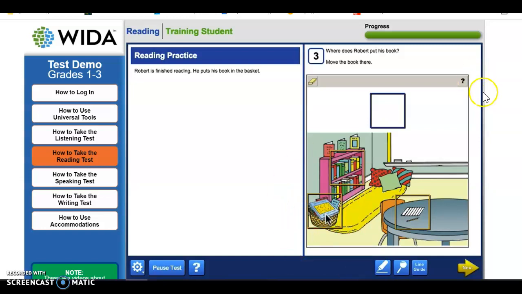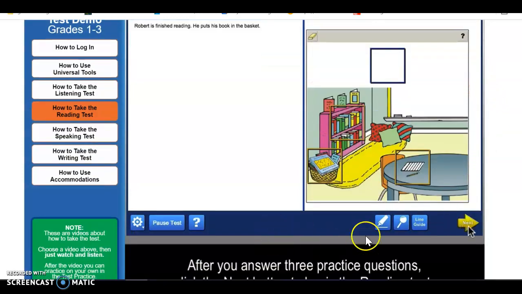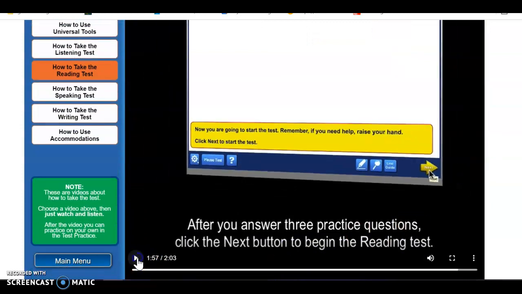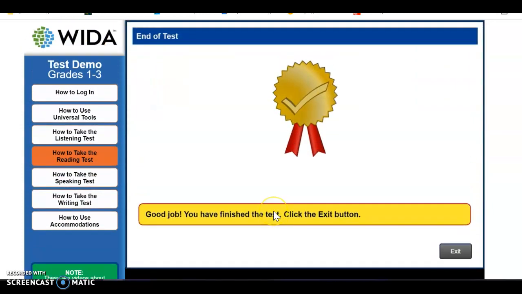After you answer 3 practice questions, click the Next button to begin the reading test. When you finish the reading test,